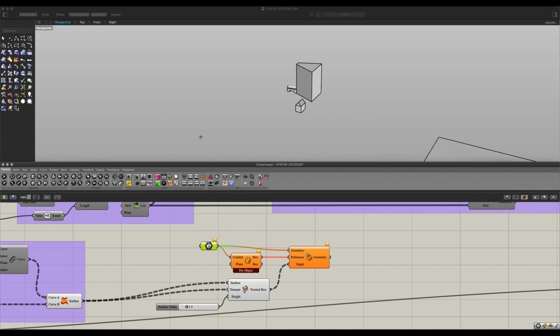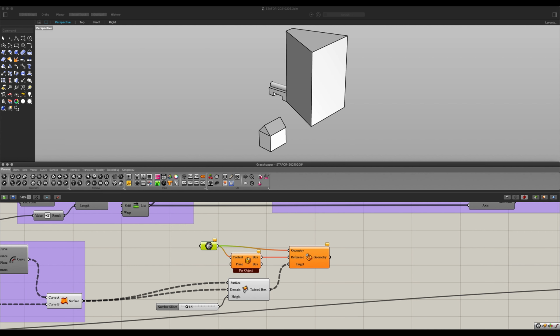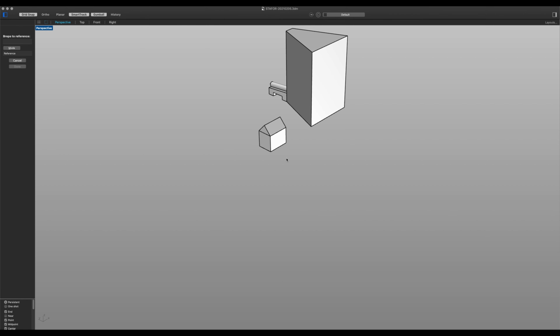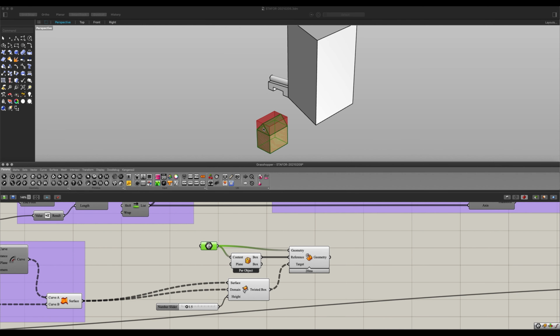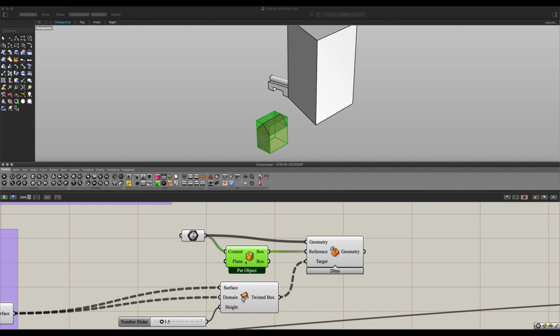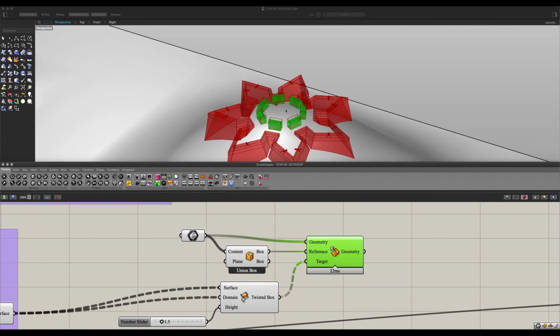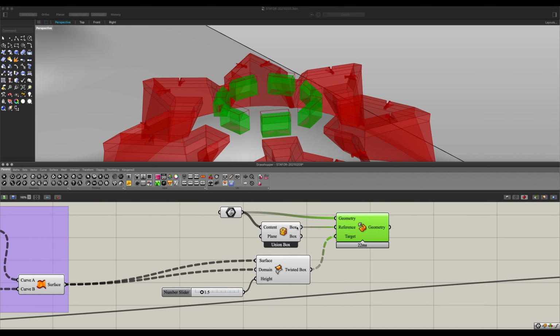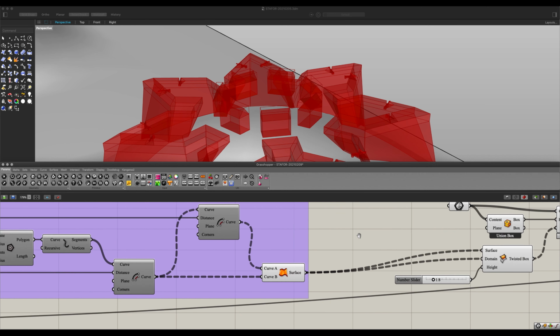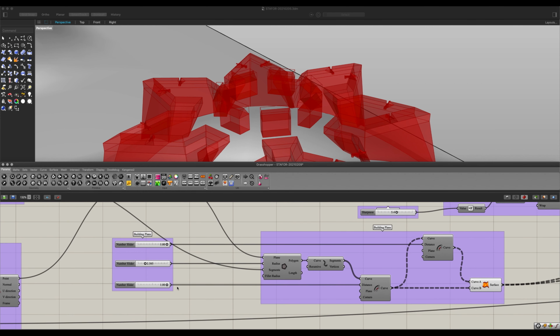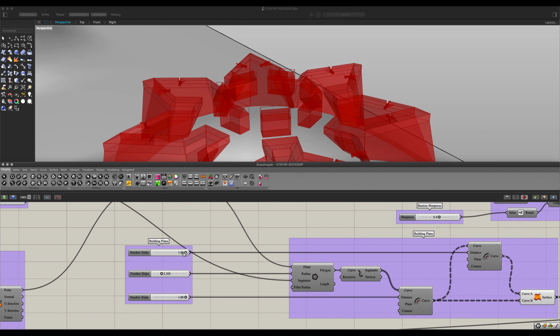So now we can go back into Rhino, and let's select multiple breps, and we can select these two, the building itself and its roof. In your bounding box, do not forget to change this to a union box. And now if we go back to our fortress, you can see that we can now adjust this nicely like that. And also, if we go all the way back here to our building plans and we adjust these values,